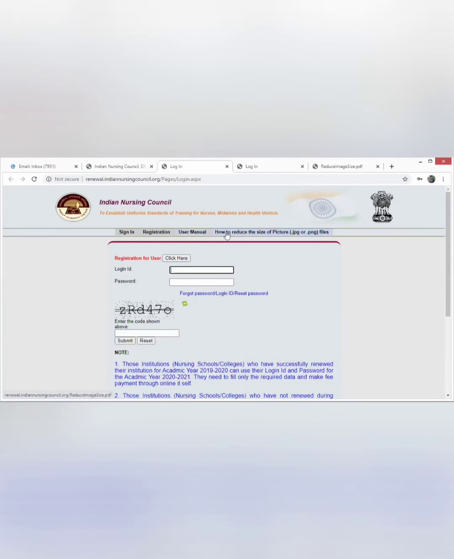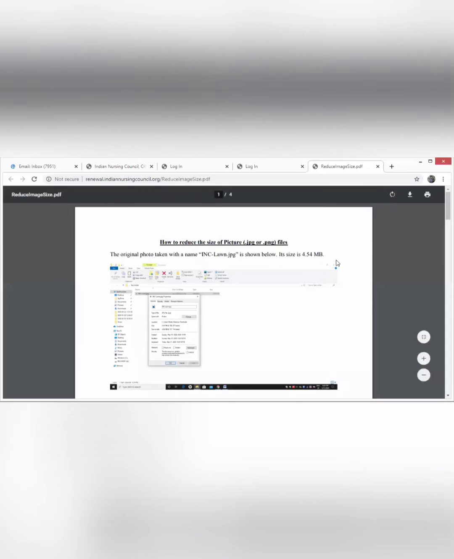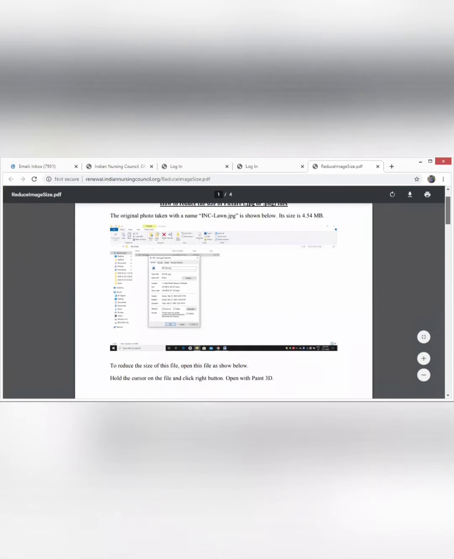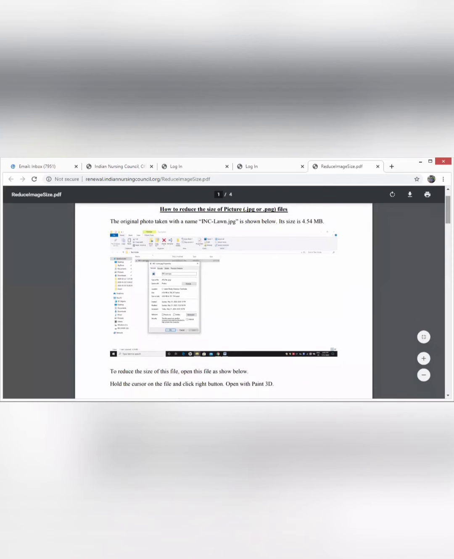In these applications, there will be some PDF files and some images. For example, for the teachers, you have to put the photographs, that is called images, and the qualification certificates, that is called PDF files. So how to reduce those sizes? Because we have fixed the size of the PDF and the images. I mean, the maximum size we have fixed, you can have lesser than that. The maximum size of the PDF is 300 KB, whereas images 200 KB.